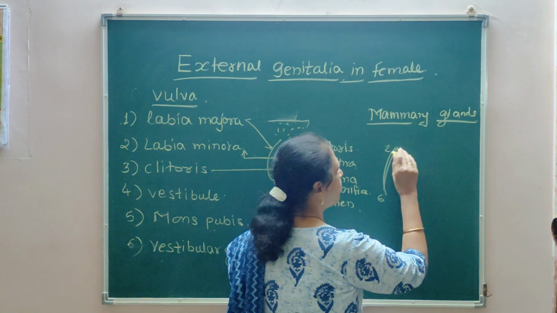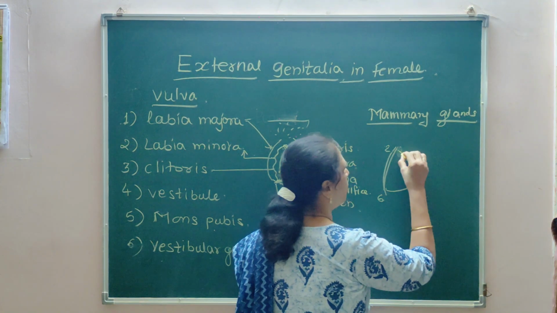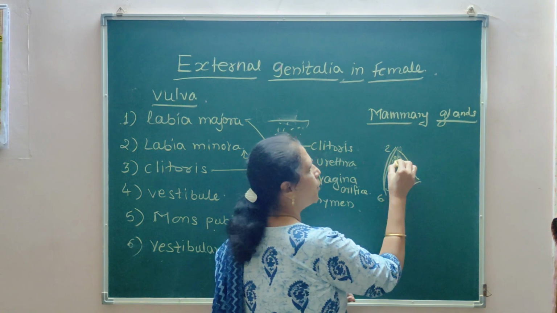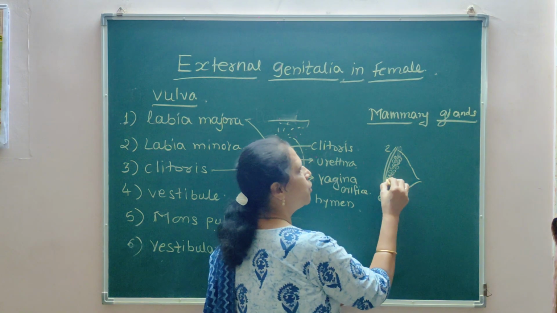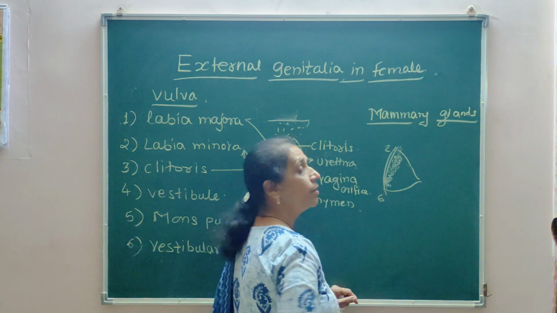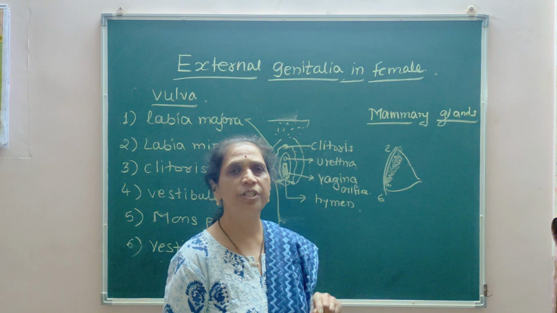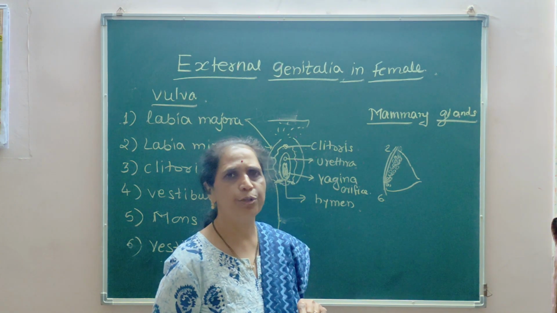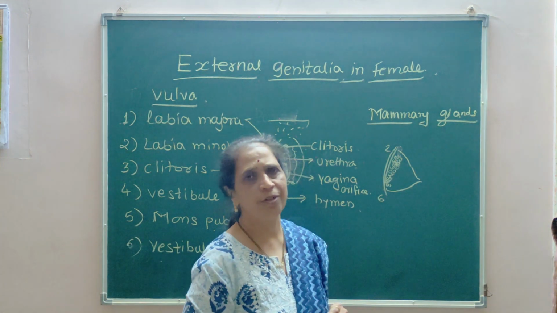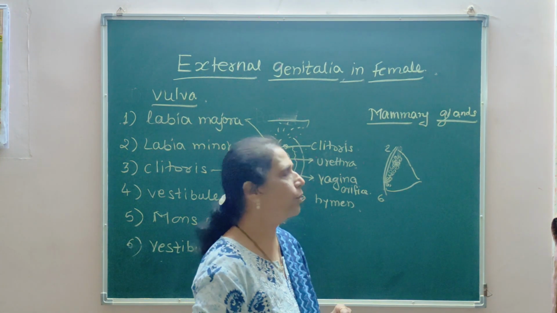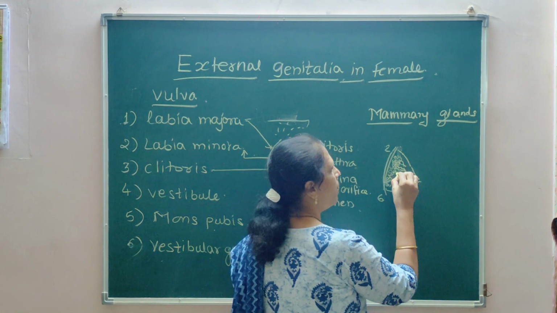This is called the pectoralis major, and here the mammary glands are located. The milk is produced at the alveoli under the influence of the prolactin hormone. This prolactin hormone stimulates synthesis or production of milk. It is produced in irregular shaped structures called alveoli, and here the ampulla. This is the alveolar duct or mammary duct.